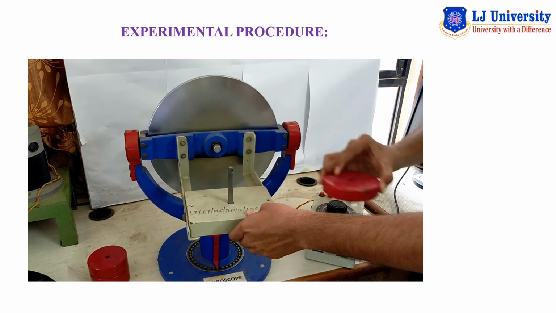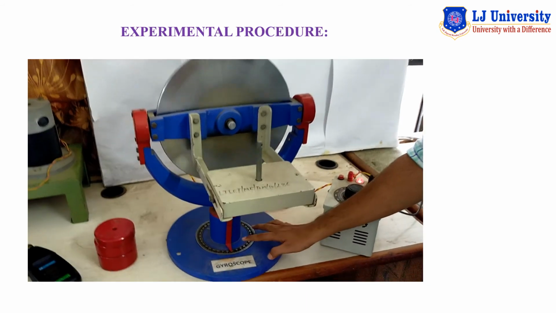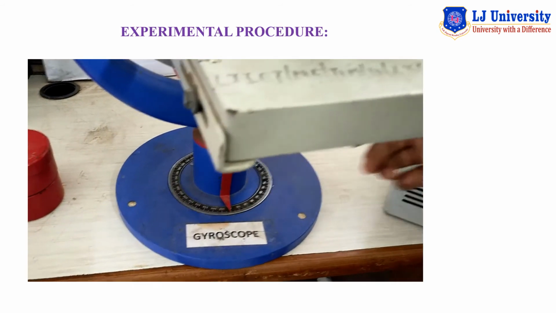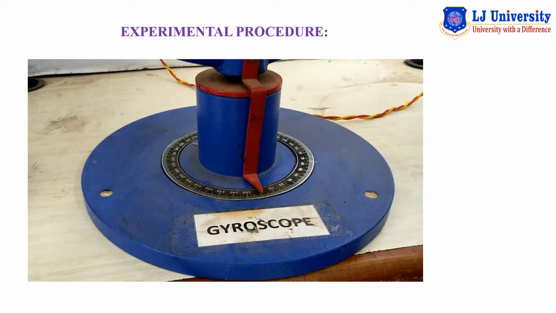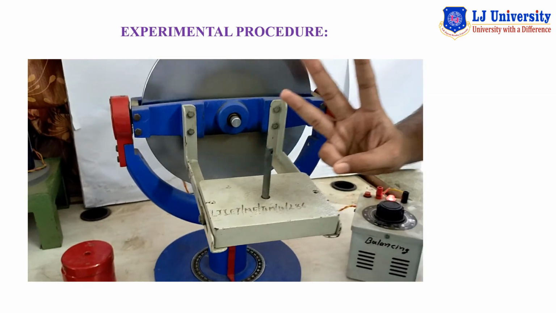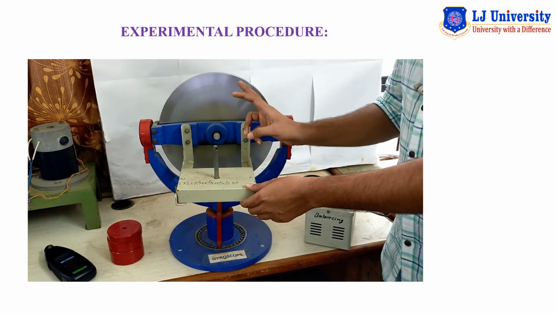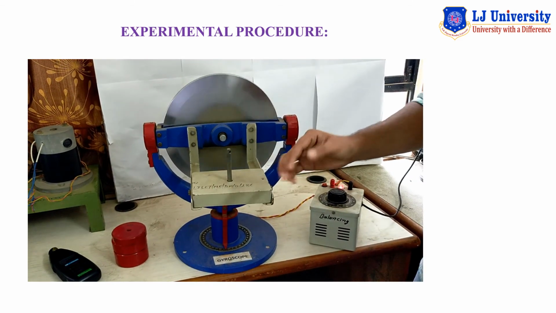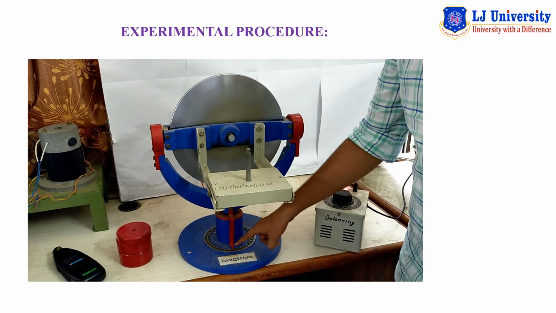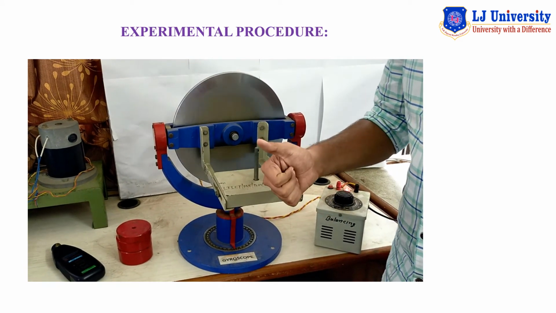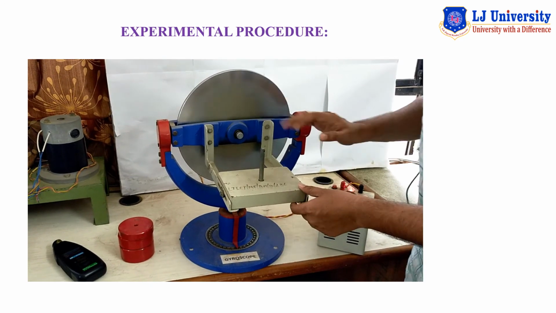Okay, so now we have to perform this experiment. First of all, we have to set the angle of the gyroscope at 0 degree, and set the scale of the gyroscope at 0 degree. We have to perform this experiment at constant RPM. Now we put weight on the gyroscope and measure time using a stopwatch at a particular angle. Once we apply load on the gyroscope, it tries to rotate in the left hand direction, and for a particular angle we have to